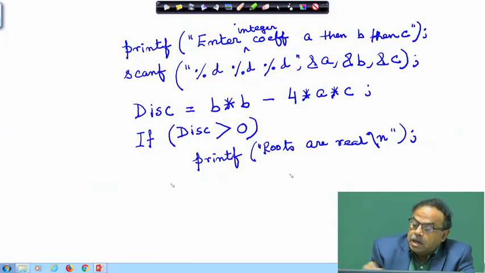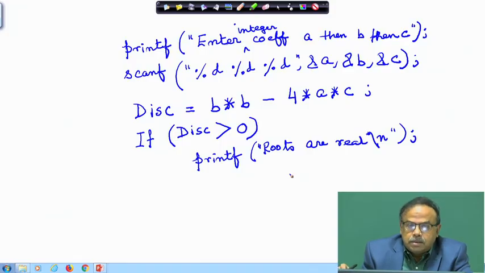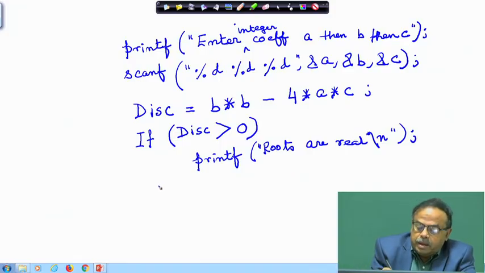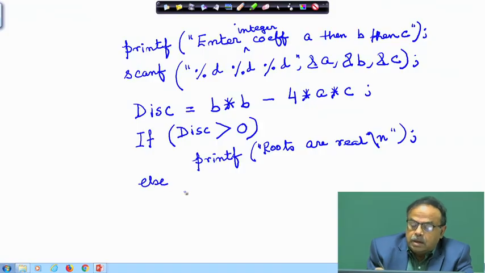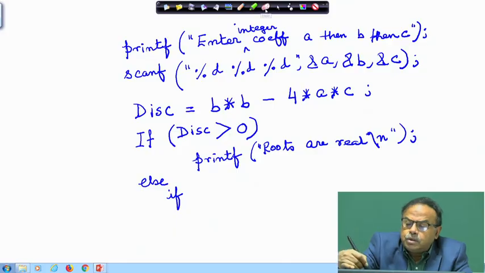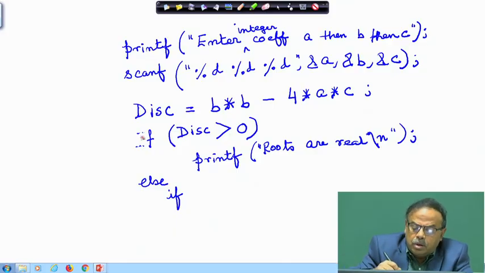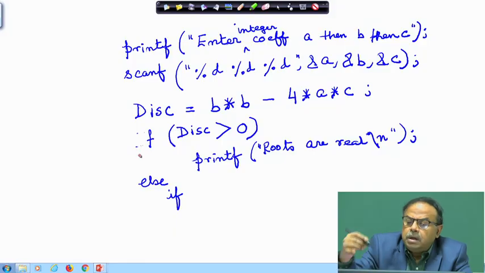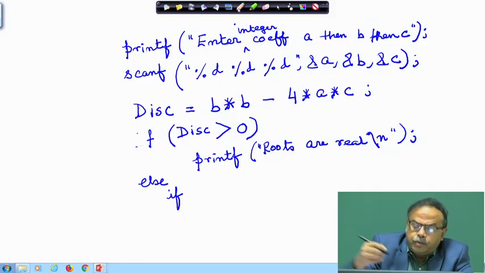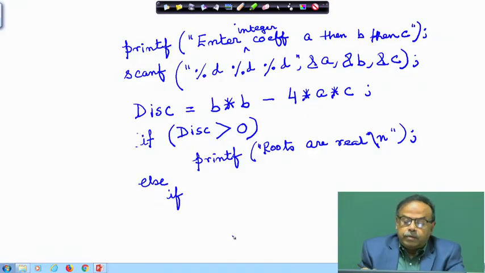Else, I have not computed the roots as yet. Okay. So, let me write the else as close to the if as possible, as we have learnt about indentation. So, else if. I should have written this if also in small, just for the sake of uniformity, and not only for the sake of uniformity, C is very much case sensitive. So, capital IF is not if. So, if